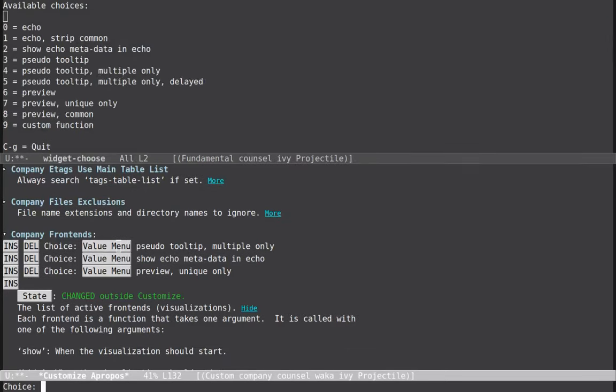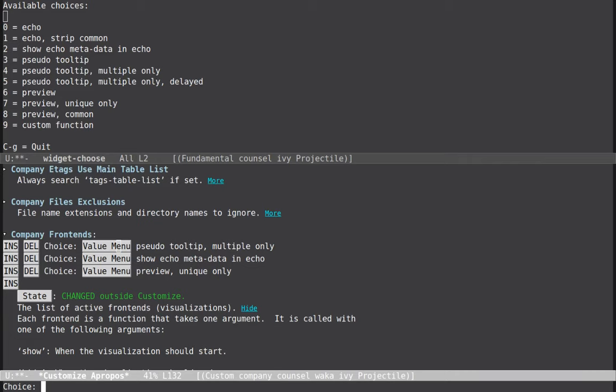Let's see what else we got here. Preview common, custom function, sudo tooltip. What do we got? Sudo tooltip multiple only. Echo, strip common,